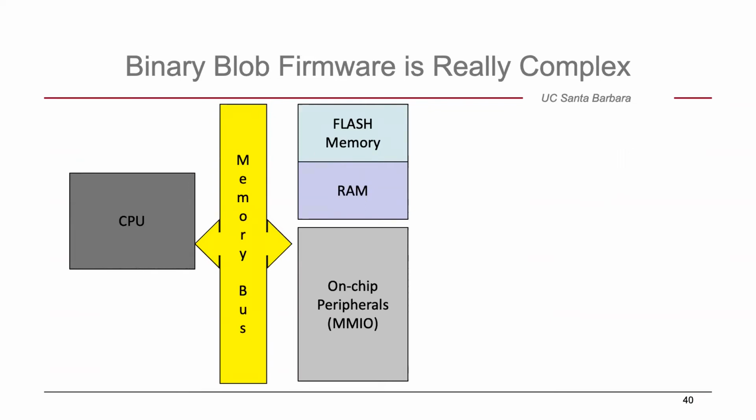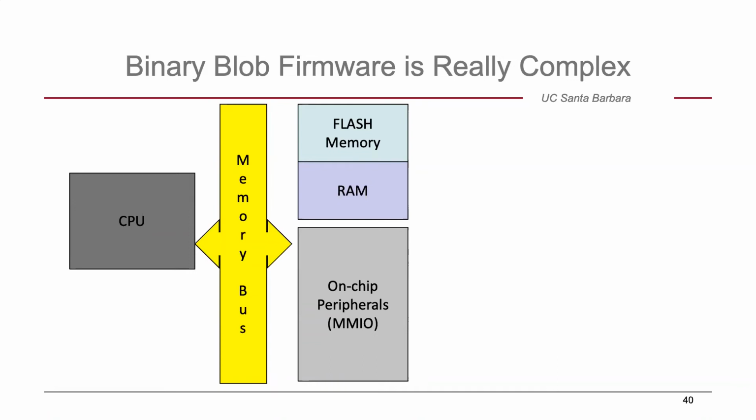And that's what we started doing in this project. So here, basically, I just want to really impart this complexity of this interaction with peripherals, right? So you have a CPU and memory, and then it accesses the RAM through the memory bus, but it talks to these on-chip peripherals, sort of little other microcontrollers that might talk to the sensors and actuators, also through memory. It's called memory mapped I/O or MMIO, where basically you do reads and writes into memory and from memory that